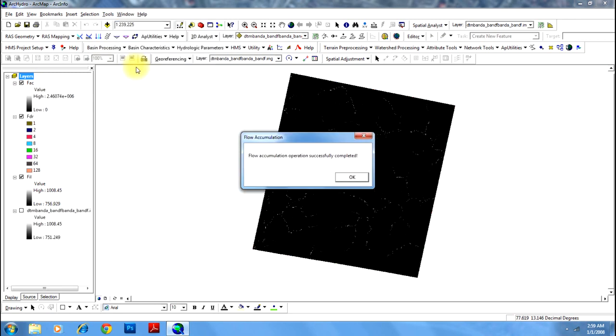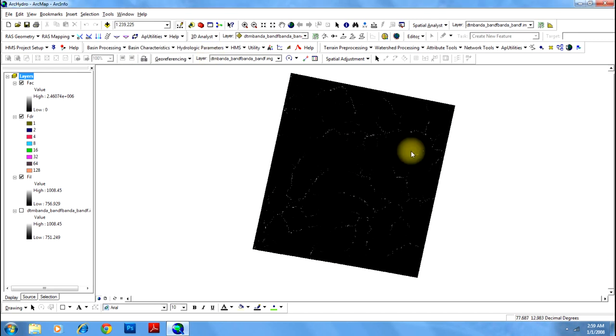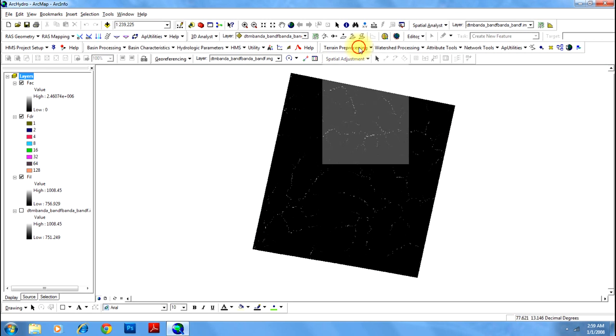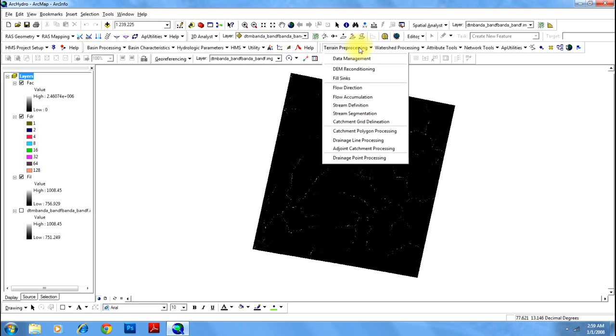Now your flow accumulation operation is completed. Click OK. Now you can almost see the traces of your drainage network. However, we need to do further processing to get your drainage network. Go to the same button again and go to the option stream definition.